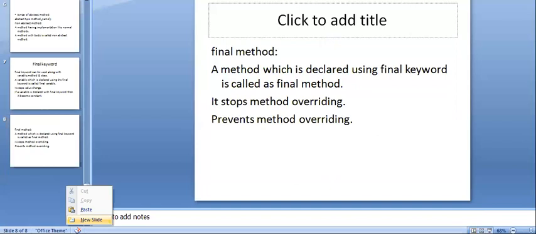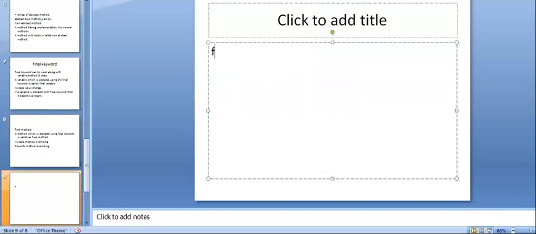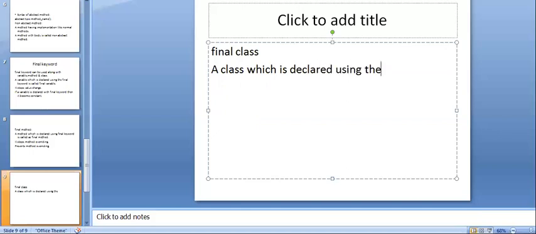Next we'll go to the final class. A class which is declared using the final keyword becomes a final class.